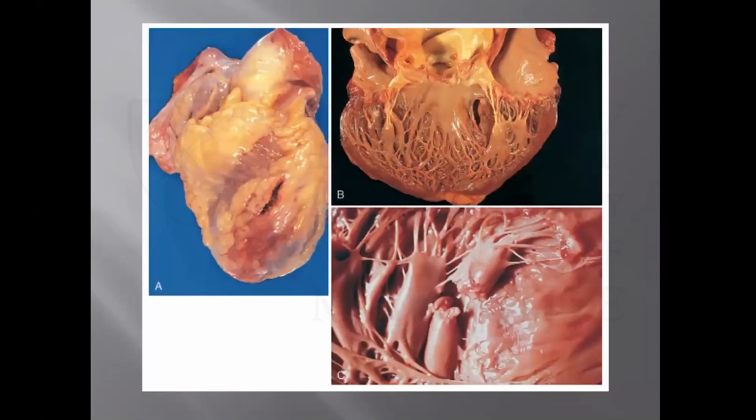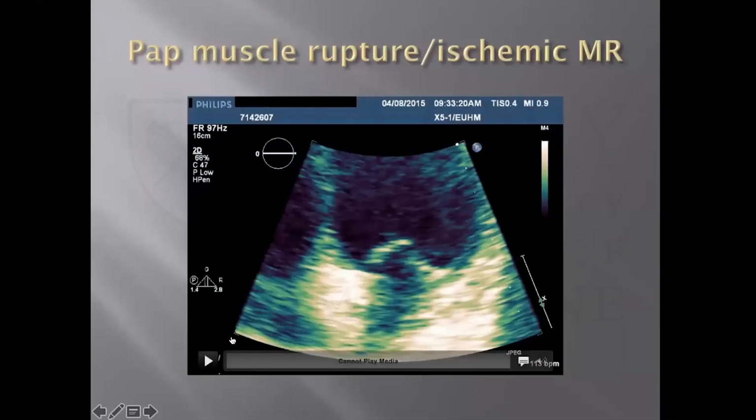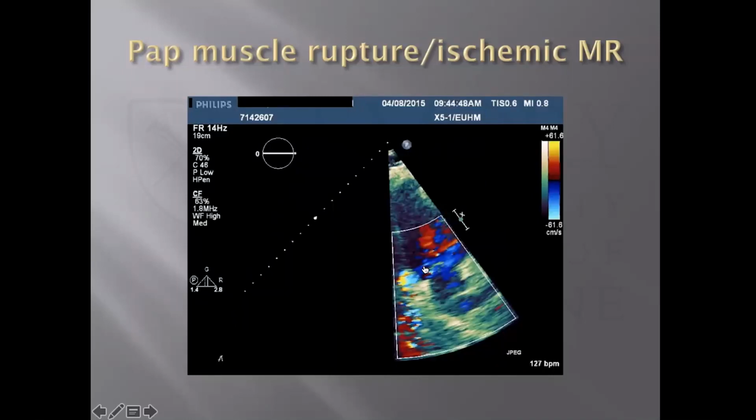So if you look at the Robbins pathology textbook, this is kind of what you see. This is a free wall rupture from the outside of the LV. Here you've got evidence of a septal rupture, and here you've got a complete transection of a papillary muscle. Unfortunately, this doesn't play. Basically, what this showed was you can see the cord and the papillary muscle head just kind of flying around and significant mitral regurgitation.